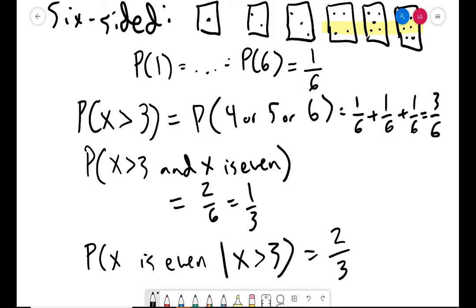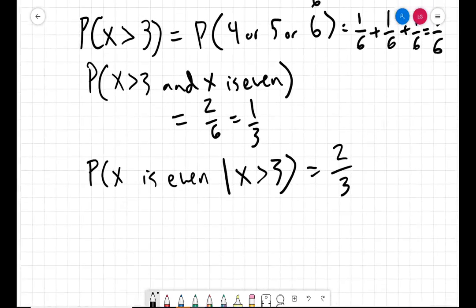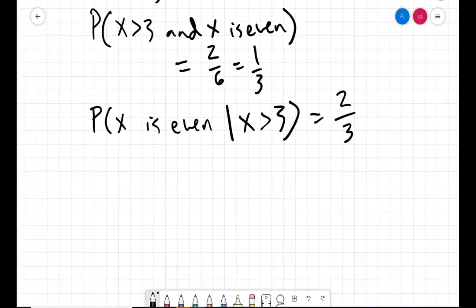Stated another way, what is the probability that the outcome is even given the outcome is either 4, 5, or 6, all equally likely? So we'll come back to that, but